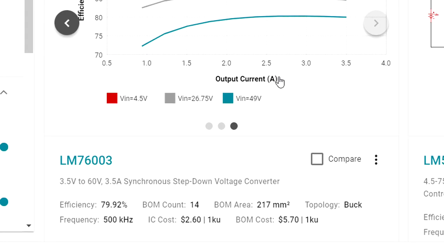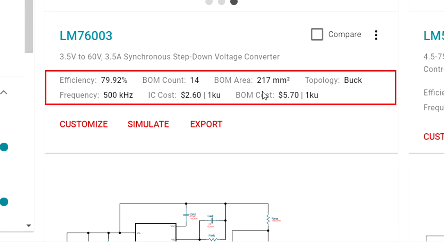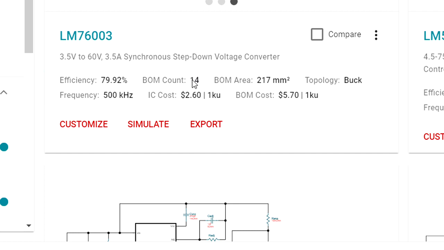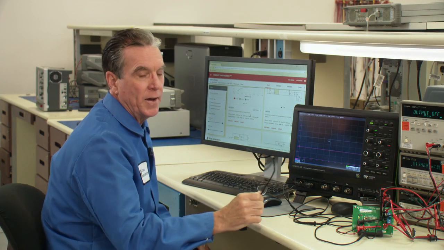So below the design, you'll see some calculated numbers giving you the BOM count and the BOM area. And by the way, the BOM area is not only each package size added, but we also provide area around the package for routing.